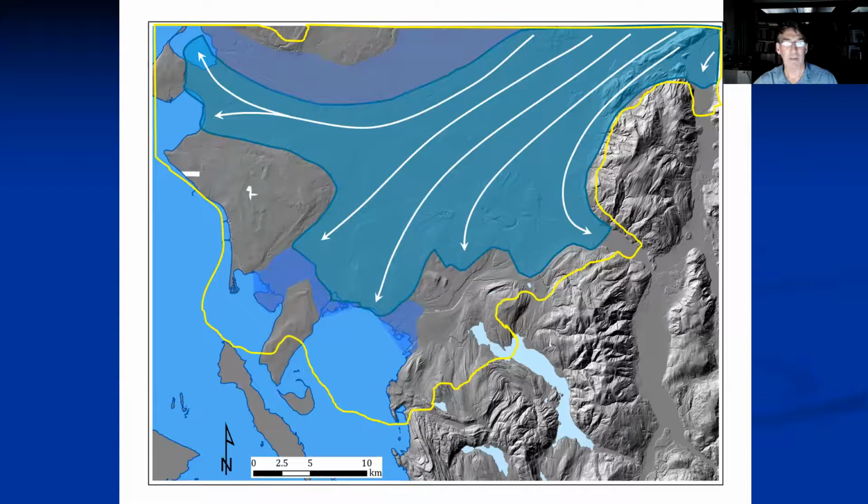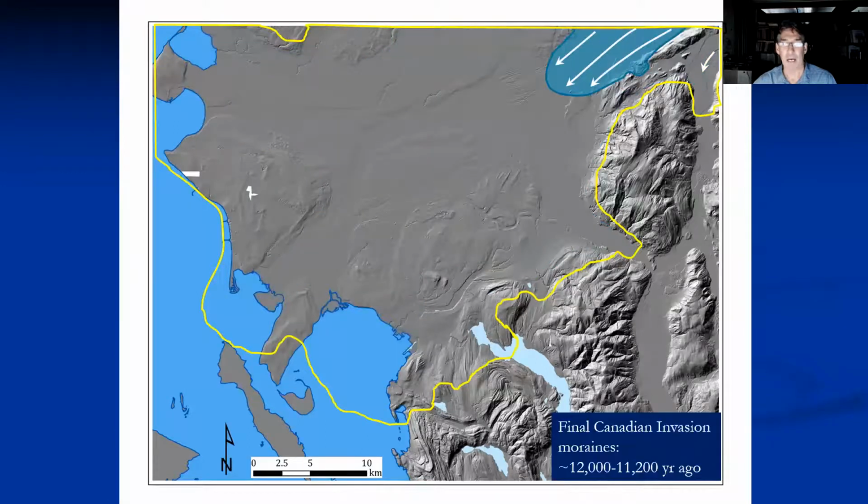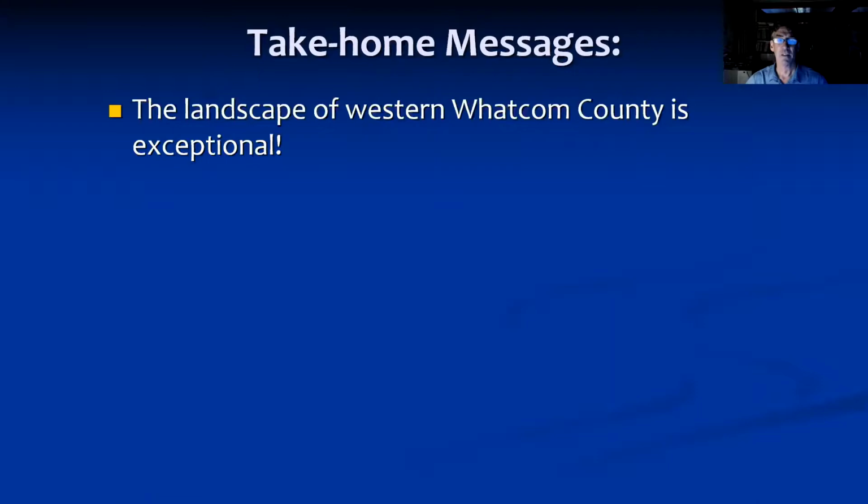And then eventually the glacier retreated all the way back up towards Canada. And there seems to be a final Canadian advance up near Sumas. It's a nice discrete set of moraines up here, and that's sort of the last moraine set that seems to be associated with this. And this one may have been one that was somewhere around 12 to 11,000 years ago. Okay, but we don't know. The dating on that one is still up in the air, I would argue at least.